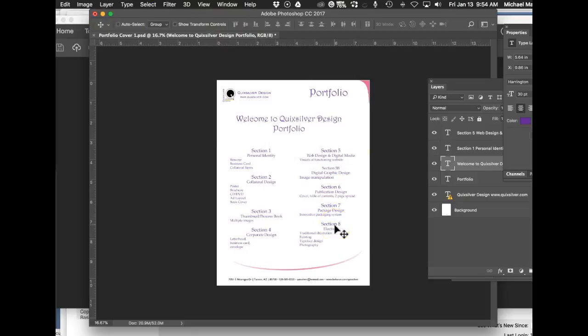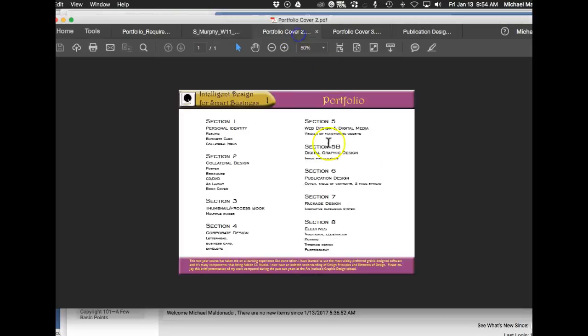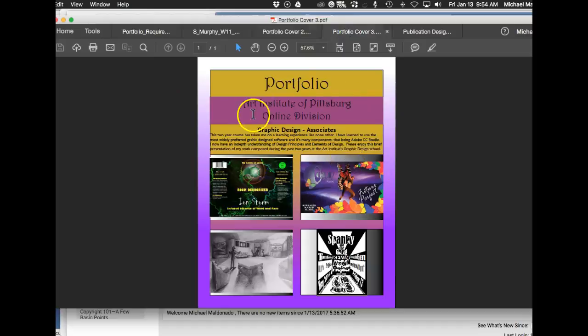So this, I'm not real sure what this exactly is. You typically don't include a contents page with a portfolio. So I'm just going to get rid of that. And let's take a look at these. Now, I think this page size is much more interesting than 8.5 by 11, but I do want to mention that again, you have this contents page, so we're not going to use that. And then this page, I'm just taking a look at your style here,